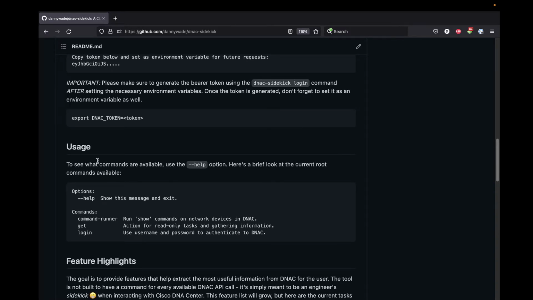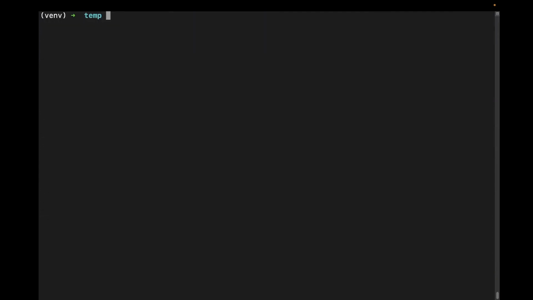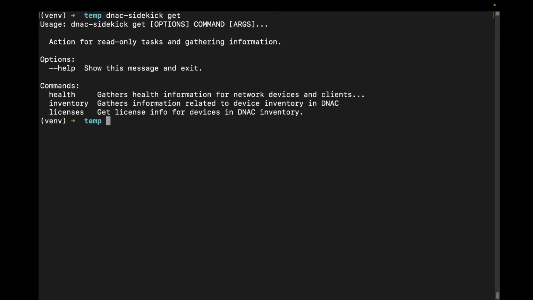So now, let's get to the fun part. We can actually use the tool. As I mentioned, we are using the DNAC Always On Sandbox provided by Cisco DevNet. So we won't have a huge inventory, but I think it will be good enough for this getting started video. So let's go ahead and do a DNAC Sidekick get. And you'll see we have a few commands here: health, inventory, and licenses. We'll do inventory first, just to see what we have,